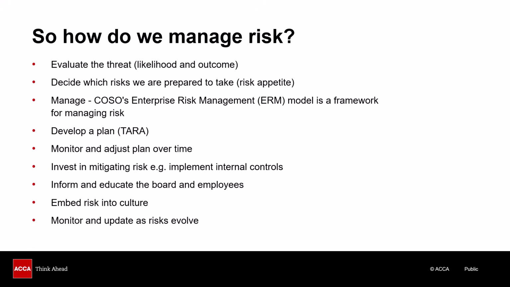Now, if they have a high risk appetite, then they may be willing to take on risks where the likelihood of it happening is medium, but the outcome might be very, very high. In other words, a positive outcome. And so you say, well, it's worth taking a medium risk to get such a positive outcome. On the other hand, if the stakeholders are risk averse, in other words, they don't like risk, they might do the opposite. So they say, no, the medium risk of it happening is way too risky for us. We're going to reject this. We're not going to take that risk.